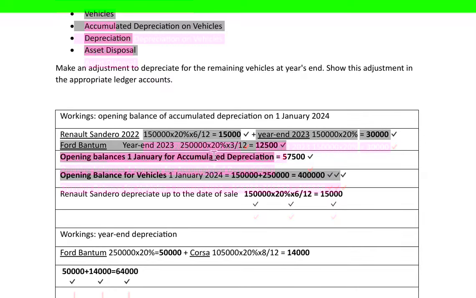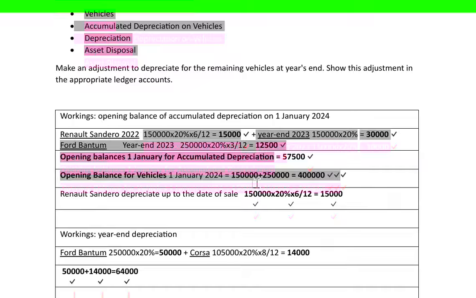So 250,000 times 20% times 3 over 12 is 12,500. So the opening balance at the start of the year that we're looking at, the 1st of January, for accumulated depreciation is 57,500, consisting of year 1 of the Renault Sandero that we've added, plus year 2 of the Renault Sandero, plus the Ford Bantam Bakkie in its first year, which was last year, 12,500, and that gives us